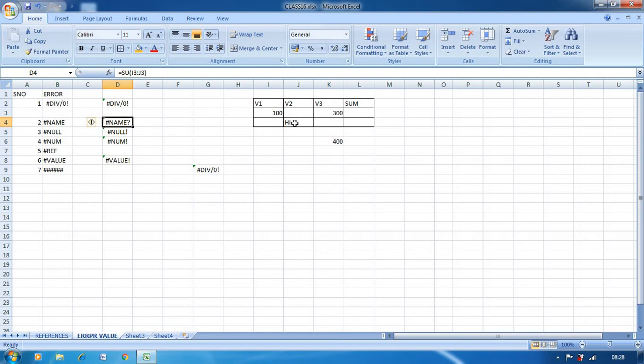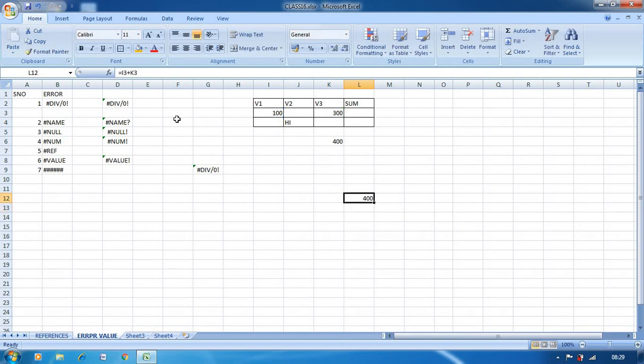Normally, to find the sum, we use the numbers. What is the address of 100? It is I3 plus what is the address of 300? It becomes K3. Now I will enter, it becomes 400.